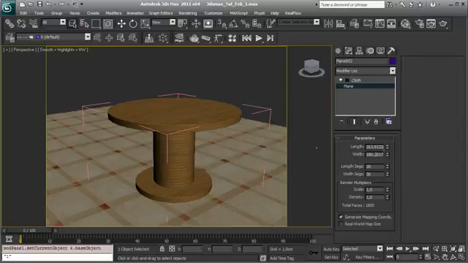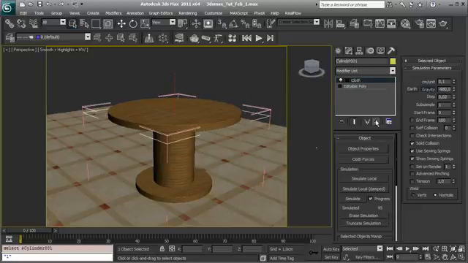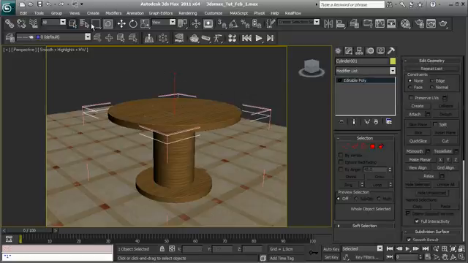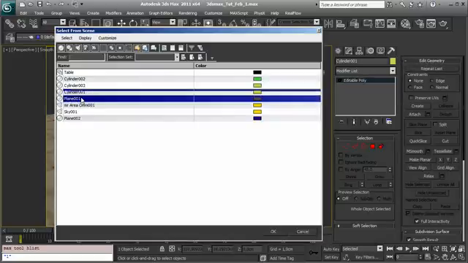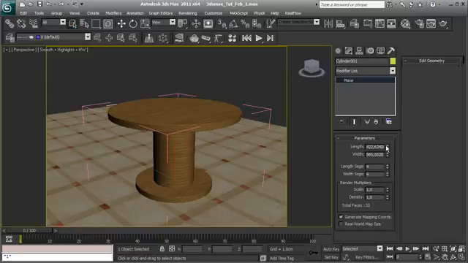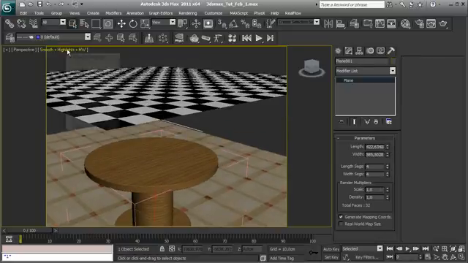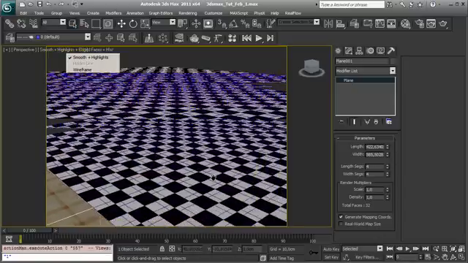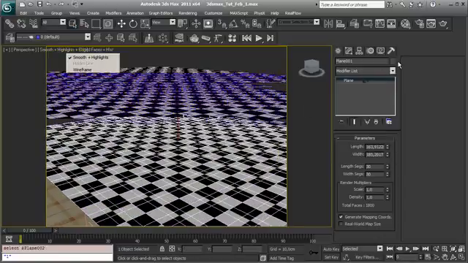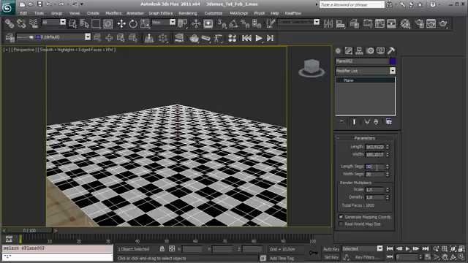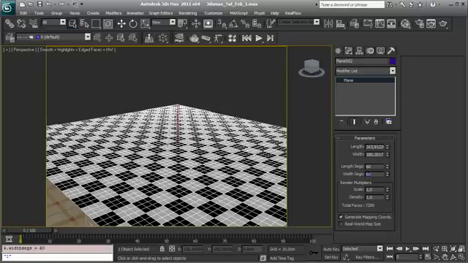Let's say yes, we have to remove it, and let's say to remove it too. Let's go back there, and let's select the table. Let's see the mesh and the edged faces, so we see how much detail we have. Let's try to use, for example, 60 and 60. Okay,